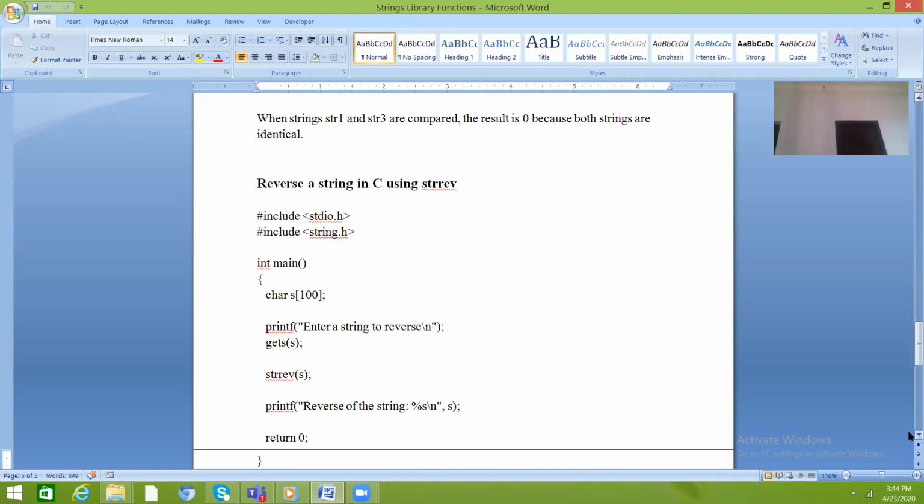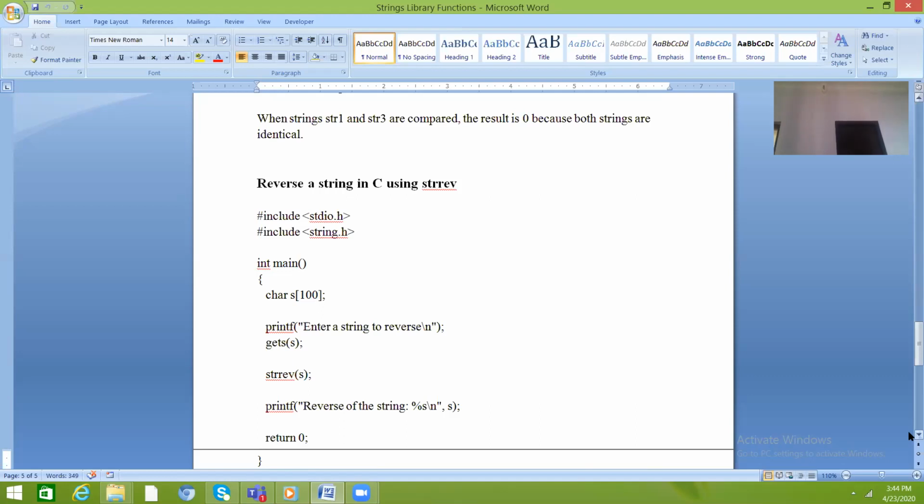And this is the last program. In this program, I just reverse the string. So how can I reverse the string? Here is a function which facilitates reversing a string without any complexity. Here I have taken one string, size 100.